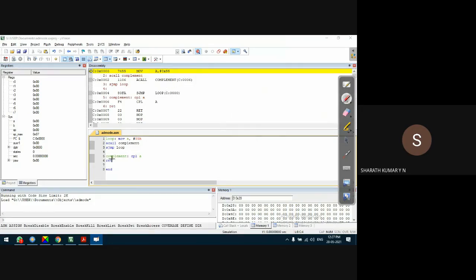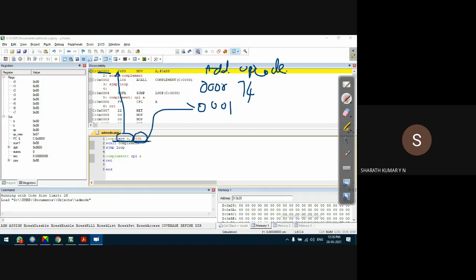Very simple. The first instruction is loaded at the address 0000. What is the instruction, guys? MOV A, 55H. This MOV A is converted into its equivalent binary code, called the opcode, which is 74H. 74H is loaded in the location 0000. So this is the address and this is the opcode. If it is in a table format, address-wise, it is easy to understand. In the next location, 0001, the immediate data is stored.